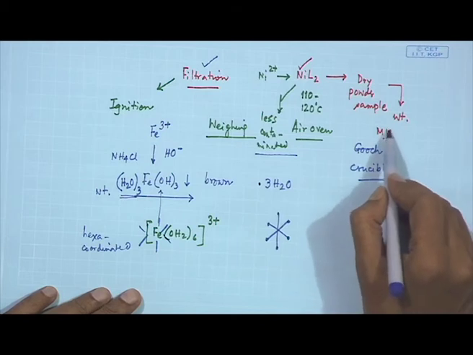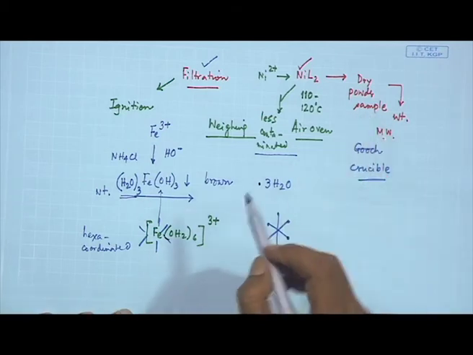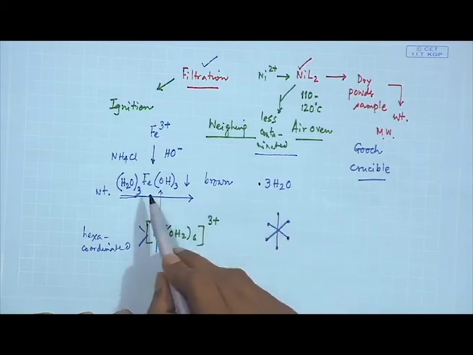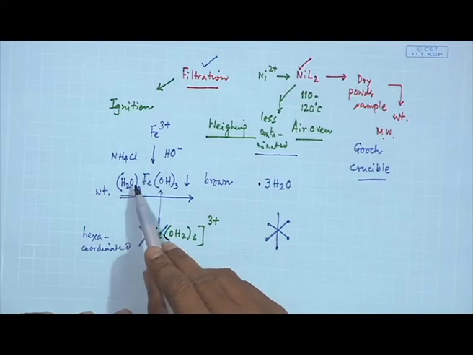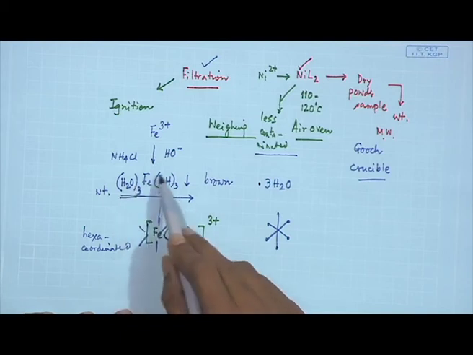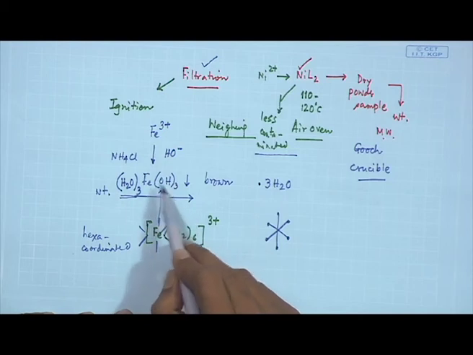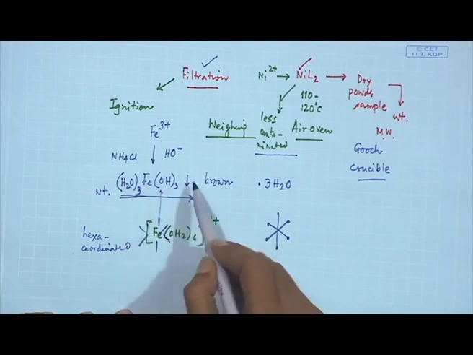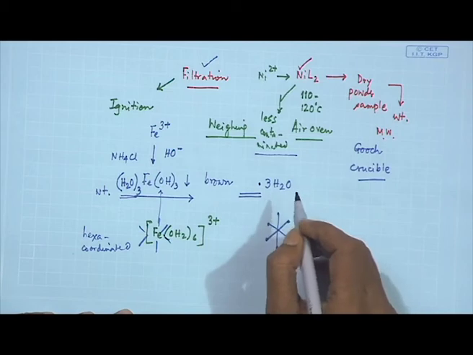That means the exact formula and exact formula weight, like your nickel DMG complex, is not known for your ferric hydroxide. It may have several H2O molecules, and also it is not always that you have 3 hydroxide groups, because the 3 hydroxide groups are required to precipitate it out, but you can have 2 plus 4 water molecules also. So, it basically is not a very pure form you get.